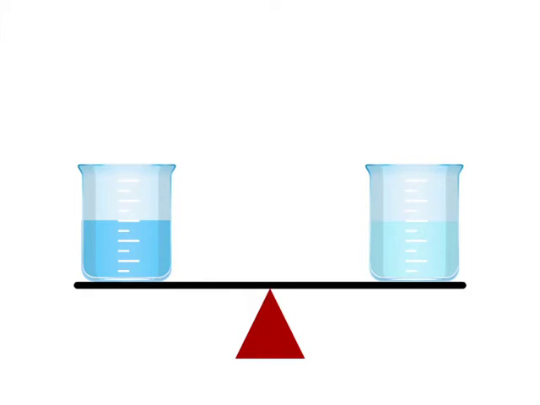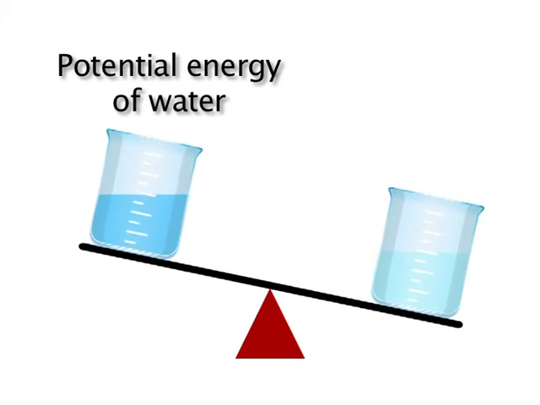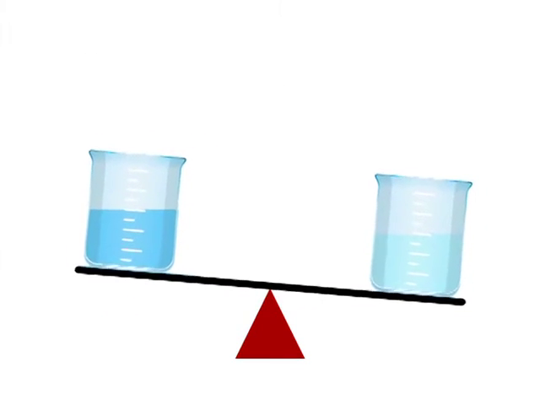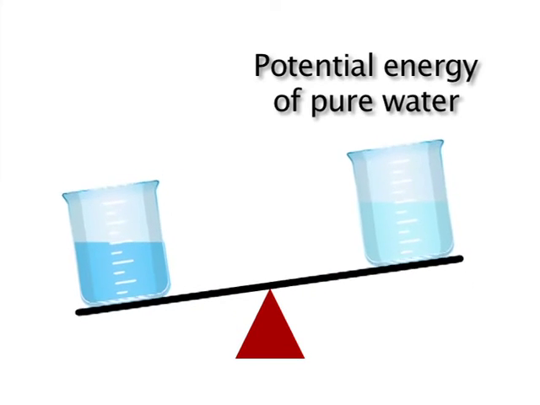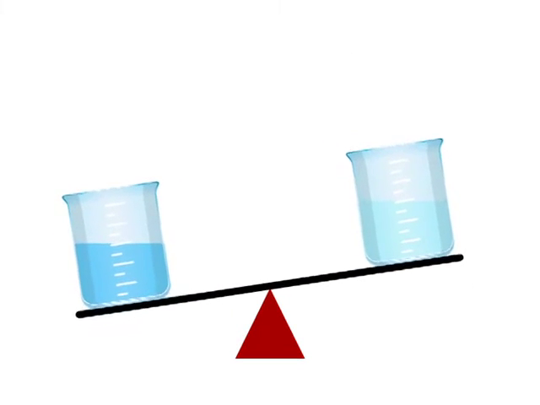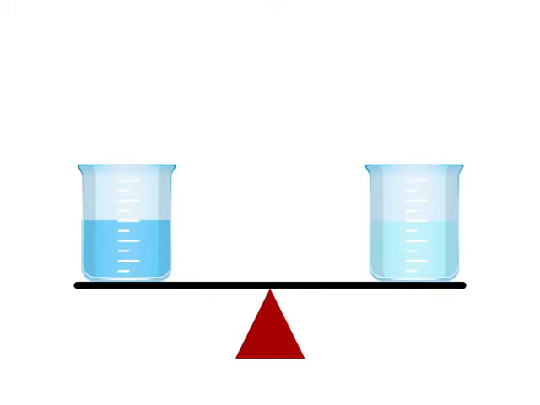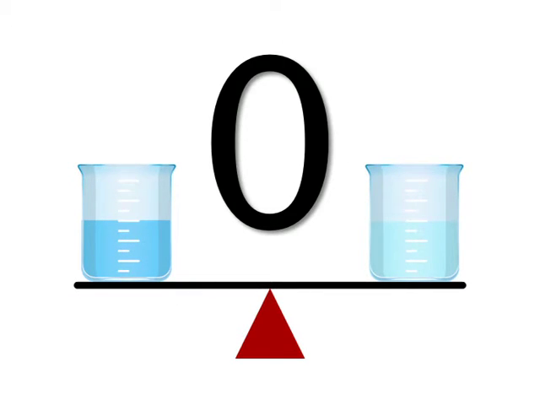Water potential is a measure of the overall potential energy of water in a system compared with the overall potential energy of pure water at the same temperature and at atmospheric pressure. Pure water has a water potential of 0. When solute molecules are added to water, they lower the solute potential, although the solute concentration is increased, and they lower the water potential. In cells, therefore, the water potential is below 0, so water potential values in biology are